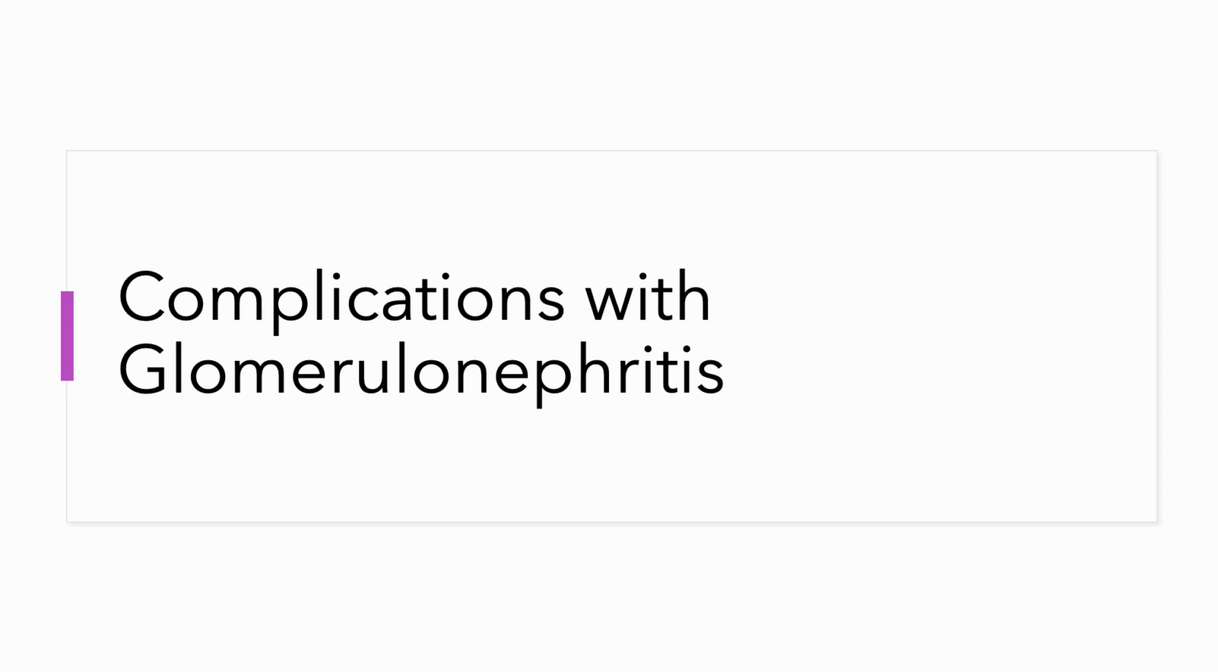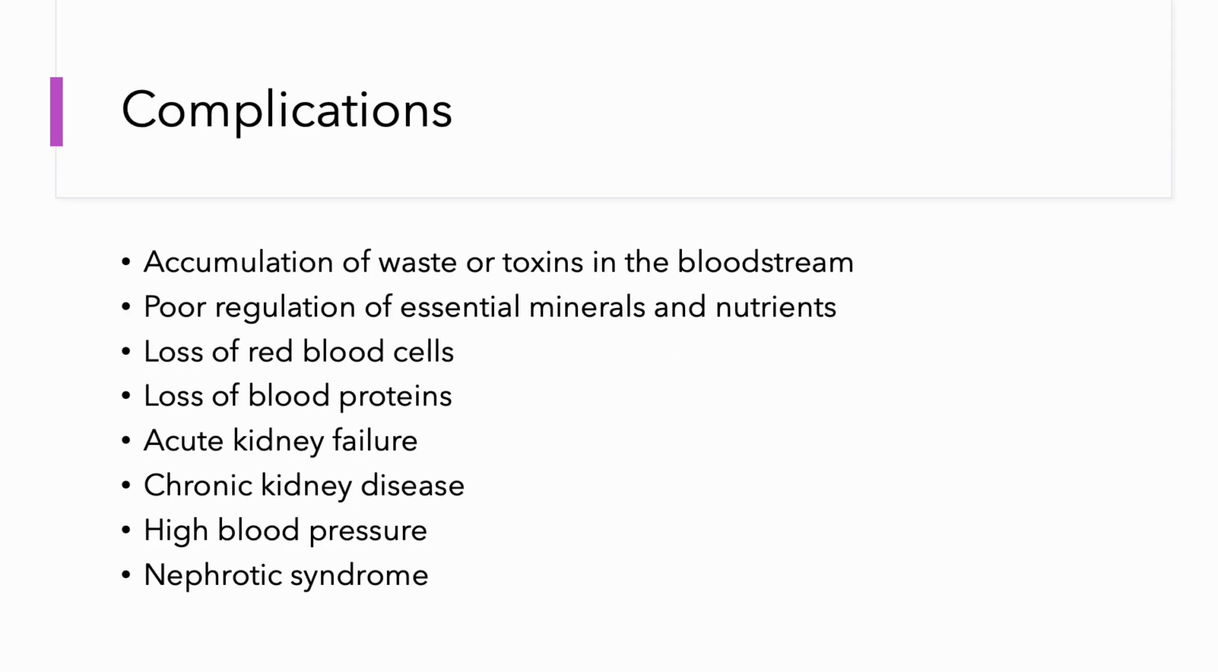Complications with glomerulonephritis. Complications with glomerulonephritis affects the ability of nephrons to filter through the bloodstream effectively. The breakdown in the filtering system results in accumulation of waste and toxins in the bloodstream, poor regulations of essential minerals and nutrients, loss of red blood cells, loss of blood proteins, acute kidney failure, chronic kidney disease, high blood pressure,